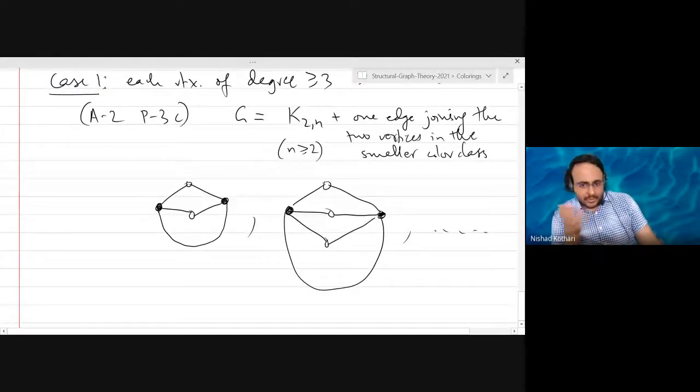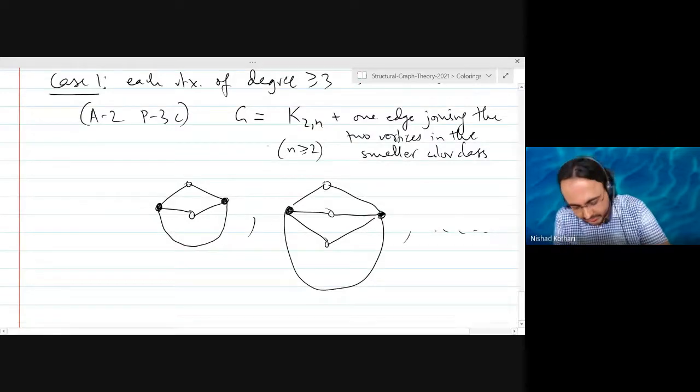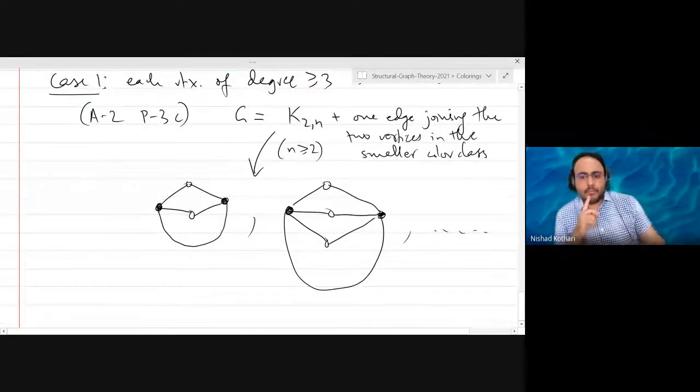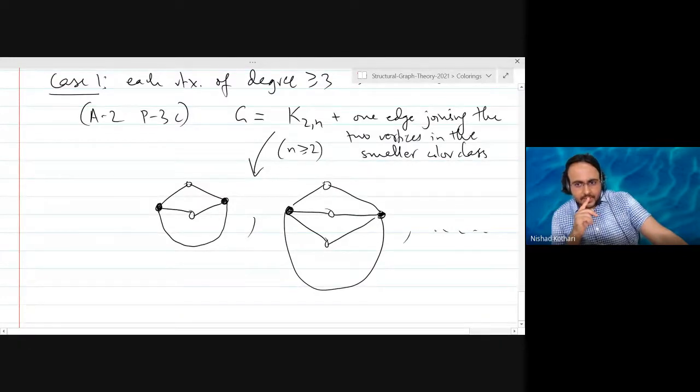So these are your graphs. If you solve the assignment problem correctly, you would have shown that the graph is either a cycle or a complete graph, or it is this kind of graph. In these graphs, can somebody see a Brooks cherry? This is a good time to exercise the definition, to make sure that you understand the definition.